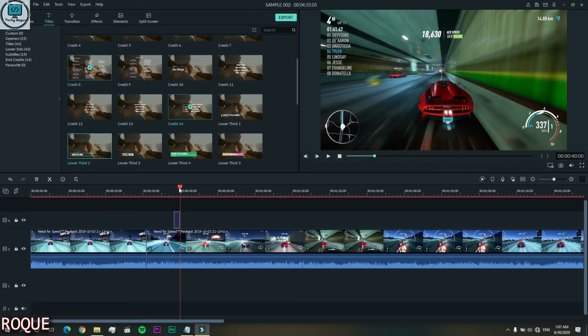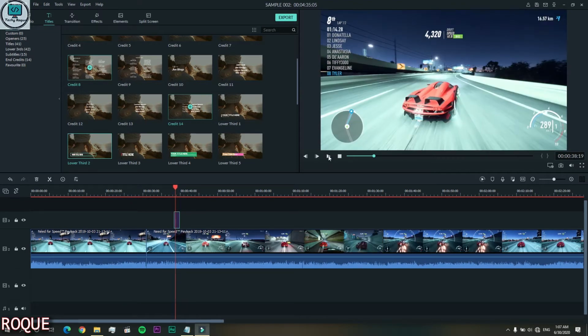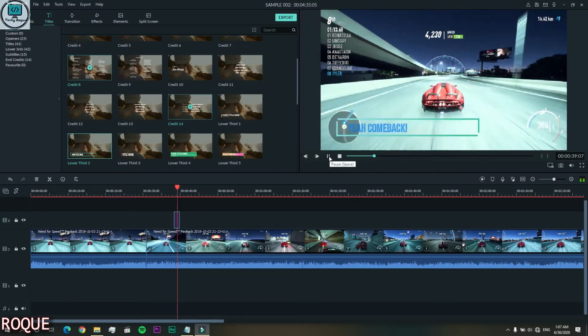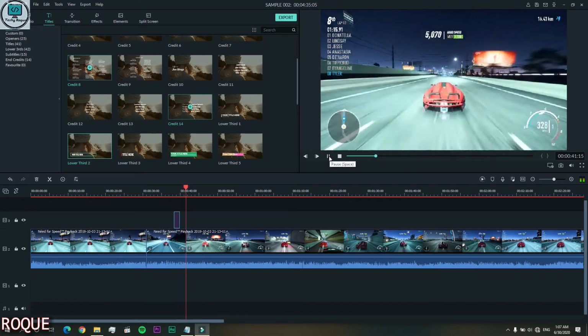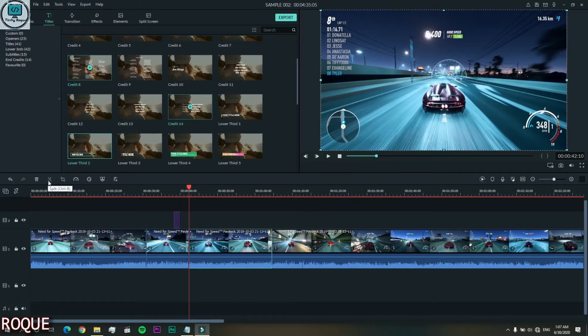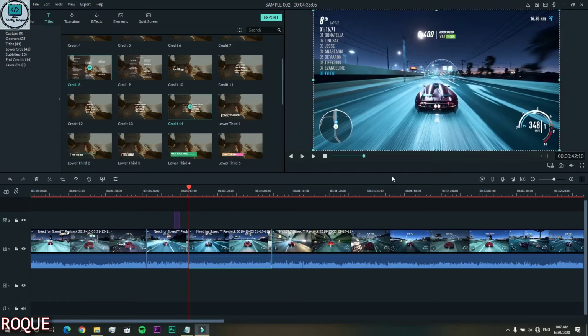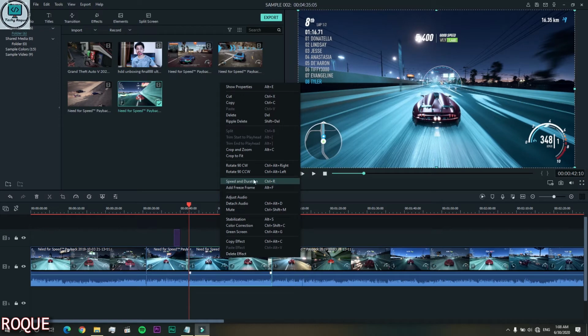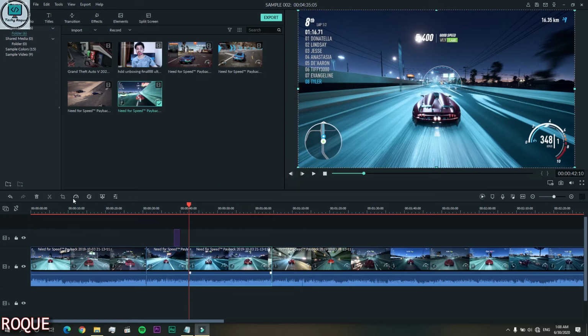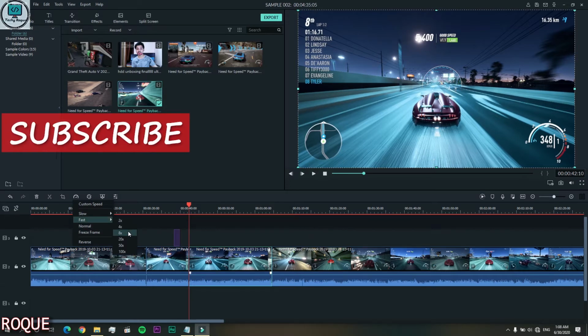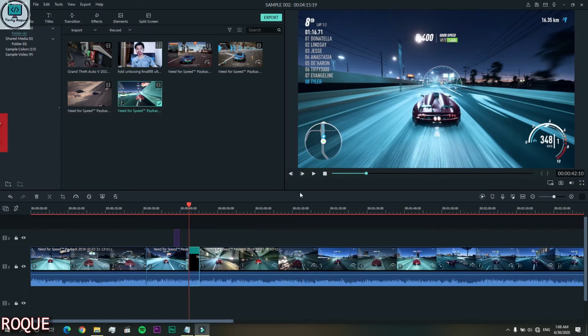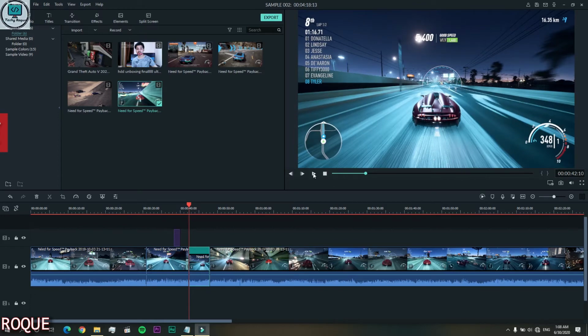So you can see I'm going to just play a little bit. So yeah, that's great. And this is the split, not the cut. So remember. And now I'm going to increase the size a bit so you can see it clearly. And I'm going to increase the speed. You can also increase the speed directly by clicking the icon that is there by default. I'm going to 8x, but 8x is really fast, so I'm going to do 4x.